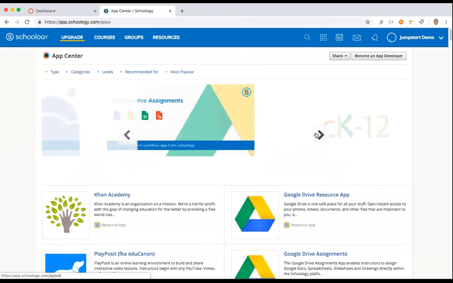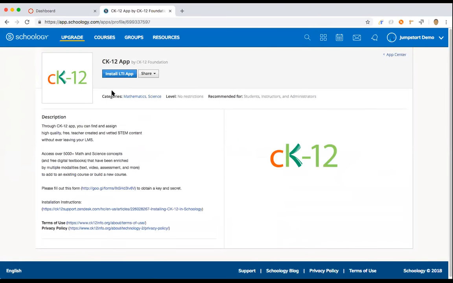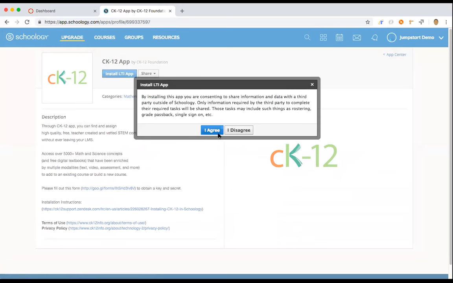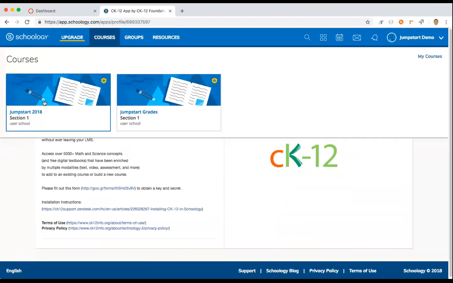This should look very familiar. Again, select CK12. It's all the same, and then I'm going to click on Install here. Same prompt, but now you can see on the basic version, it just gives you the courses. So I had previously installed these. So if you haven't installed anything yet, you would click Install, and then if I go to one of these courses,